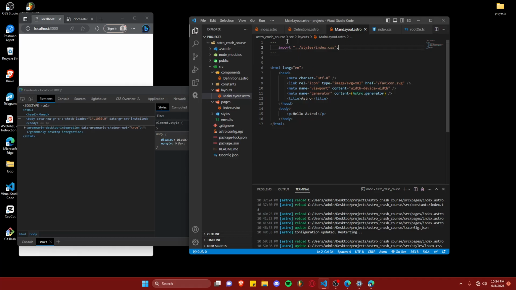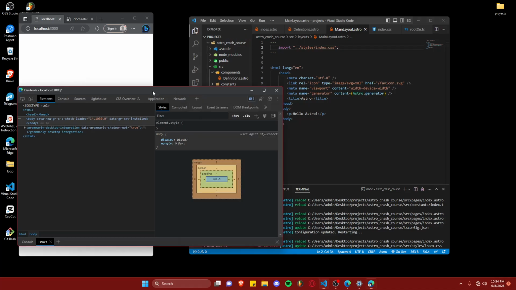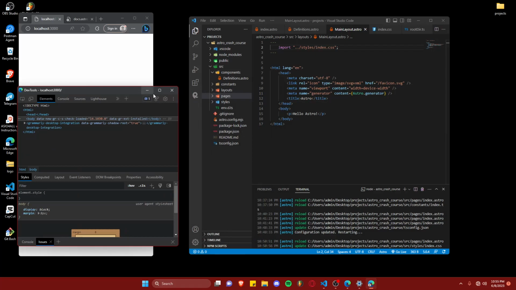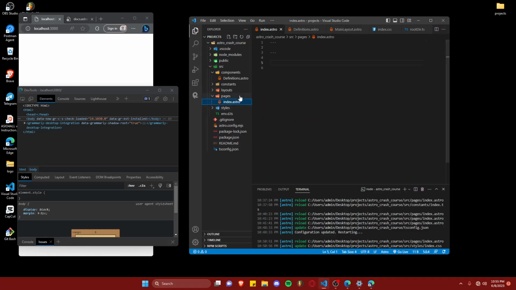And if I save this, nothing is happening, and that is because pages is where the routing happens, and this is what you call file-based routing, like in Next.js, I think. Yeah, so anything that's in the very top part, the very root of this folder, and that's the first level, is where the index.astro is,